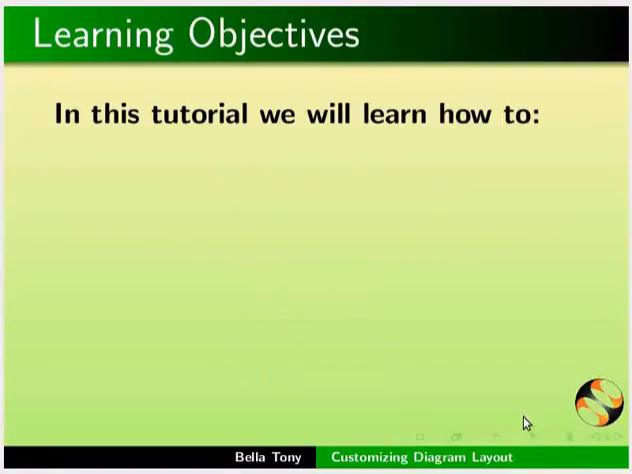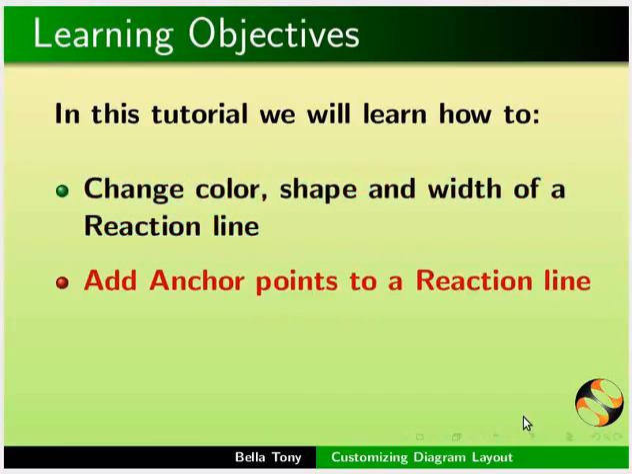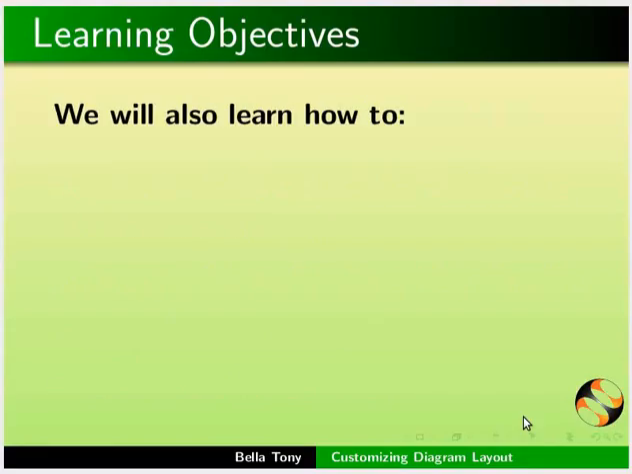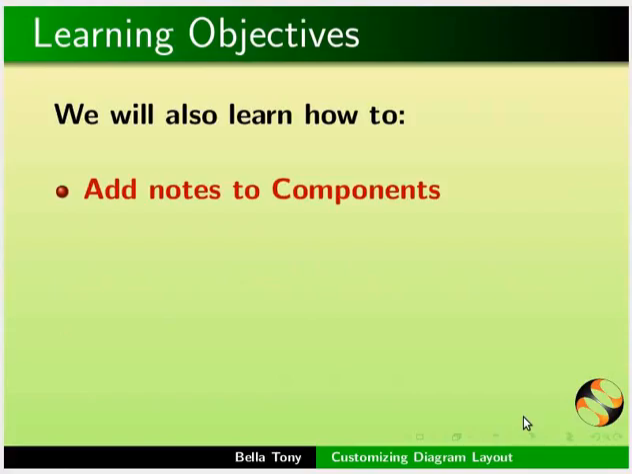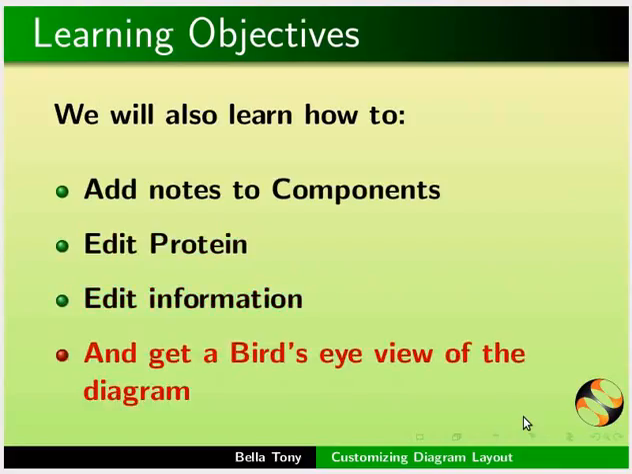In this tutorial, we will learn how to change color, shape and width of a reaction line, add anchor points to a reaction line, align components, and show or hide reaction IDs. We will also learn how to add notes to components, edit protein, edit information, and get a bird's eye view